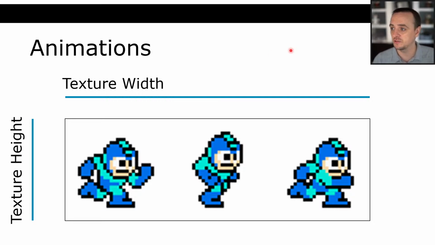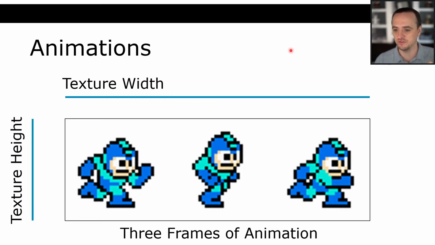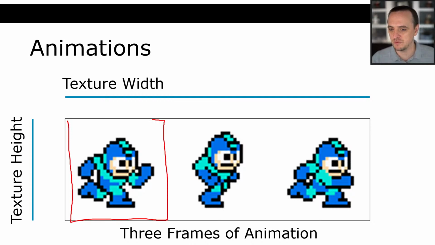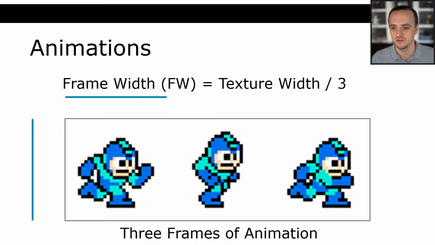And we're going to specify how many frames of animation that this texture has. So what we essentially have left to do is to figure out which frame of animation we want to play and how to specify the subrectangle of that texture to grab the specific pixels that we want to display. So how will we do that? Well,